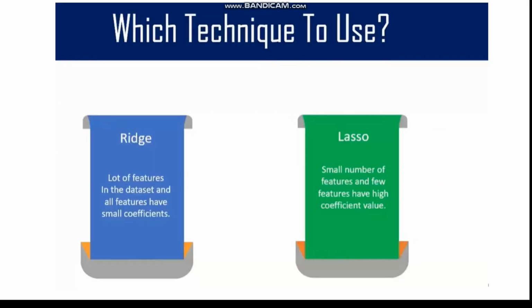So we have to choose which technique to use. When to use ridge and when to use lasso? When there are a lot of features in the data set and all features have small coefficients, then go with ridge regression. And when we have a small number of features and a few features have high coefficients, then we go with lasso regression. So ridge is used when there are a lot of features with small coefficients, and lasso is used when